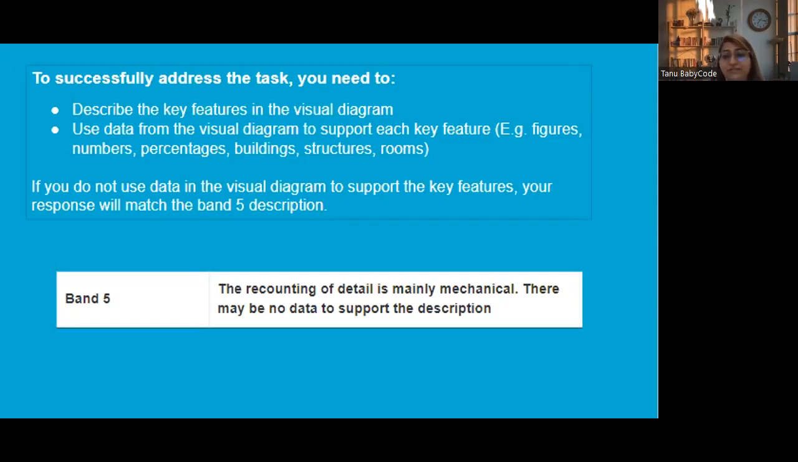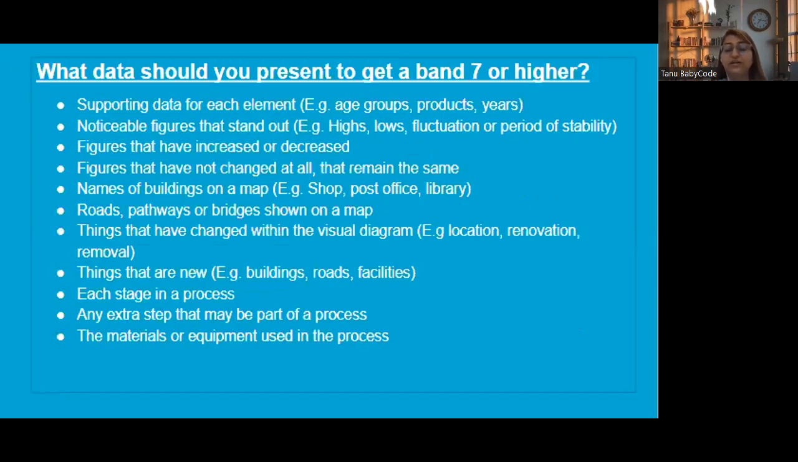Because band 5 says the recounting of detail is mainly mechanical. There may be no data to support. So if you do not use the data, your response will match only band 5. So what data you should represent to get band 7 or higher is